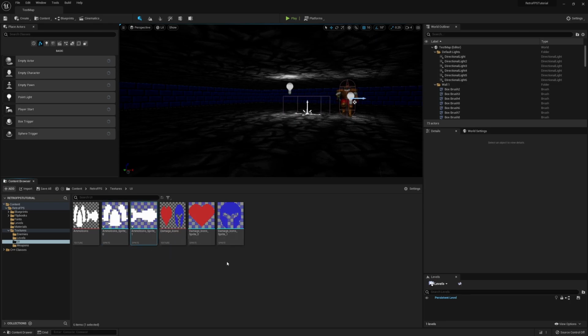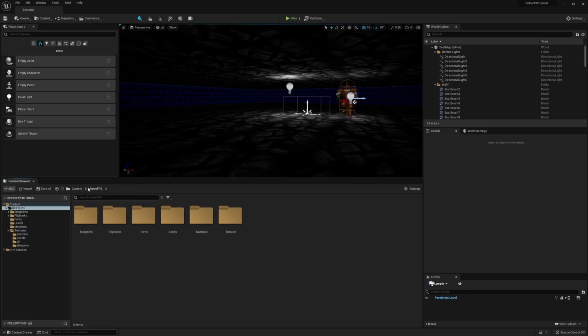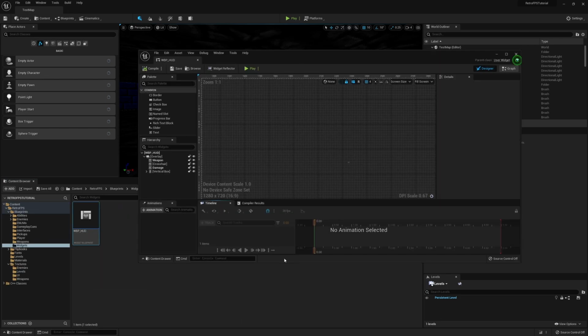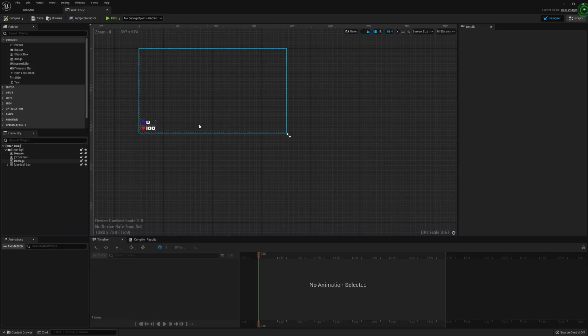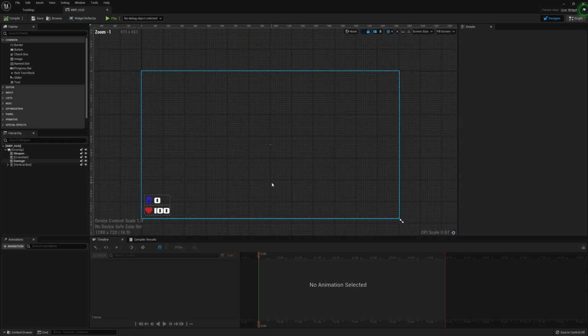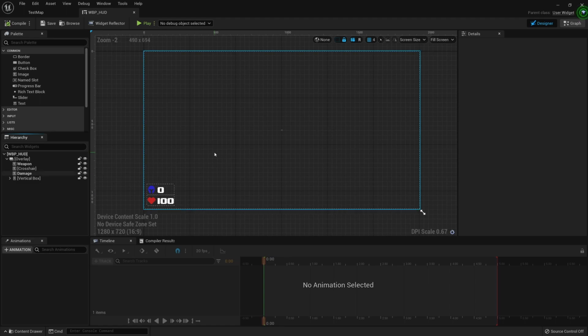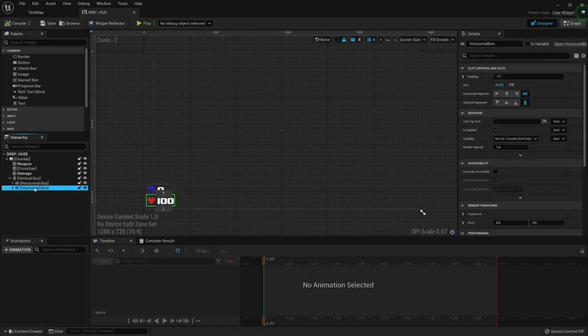And so now that we have these, we can head over to the HUD widget blueprint, and we'll just add a little ammo section that we can update when we get ammo. So after opening the widget blueprint for the HUD, we're just going to hit this drop down here for these two horizontal boxes, and we're just going to right click one and duplicate it.